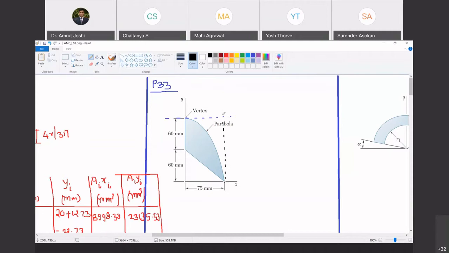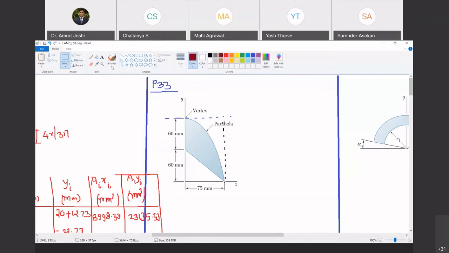Do you understand the issue I am trying to say? Yes, sir. See, I can consider this as this one figure minus this triangle. If I do it like this, I must know the centroid of this area. Do you agree with me? Yes, sir. But I don't know the centroid of that. In a parabola, I know the centroid of only this area. Are you with me? Yes, sir. So I cannot split it in that fashion. So we have to split it in such a way that we know the centroids.